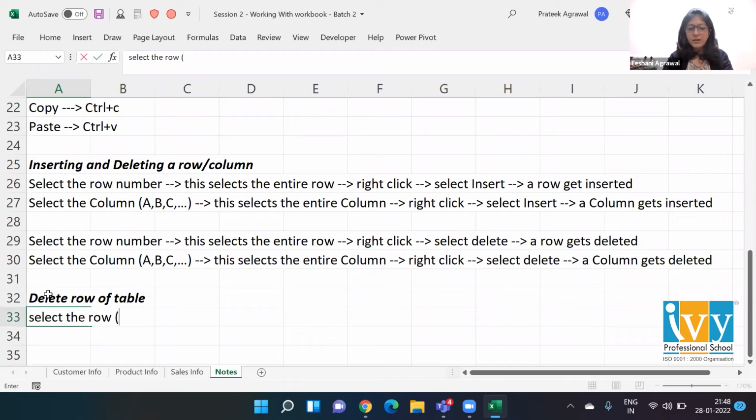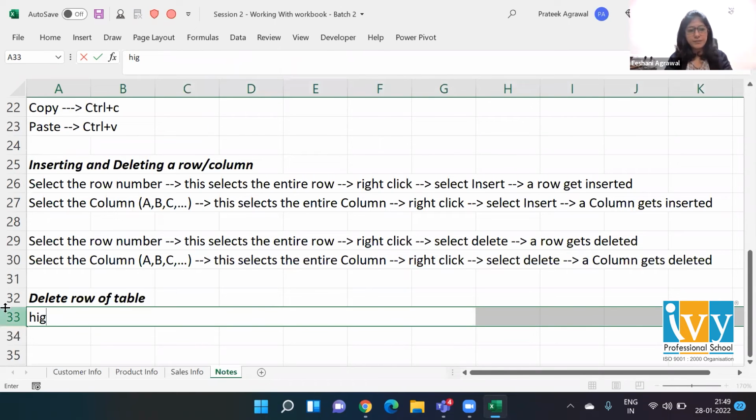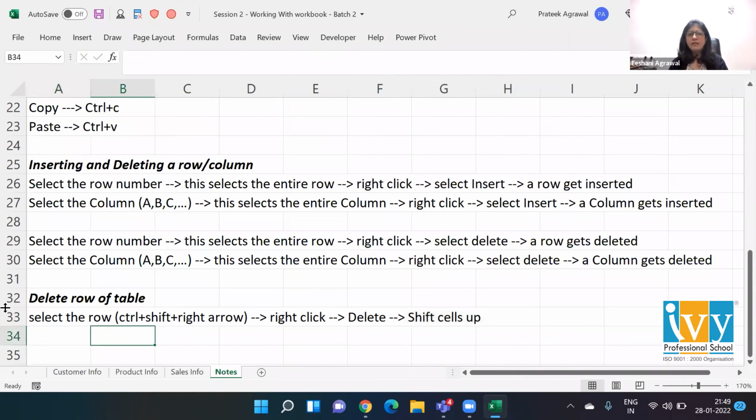And how are we going to select it? Control and Shift Right Arrow. Okay, Control Shift Right Arrow. And then we are going to right click, and click on delete. Let's open the window for it, and we will just say shift cells up. So we can easily delete the row, and delete on keyboard